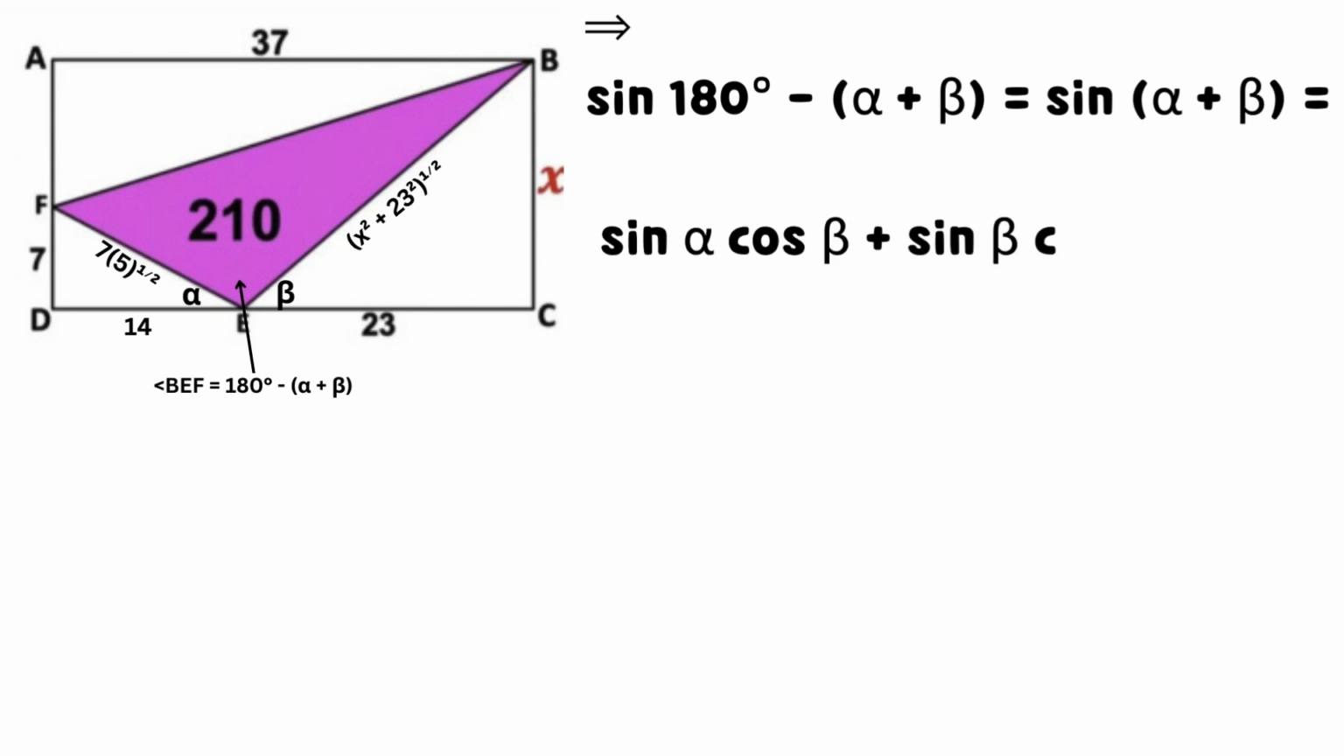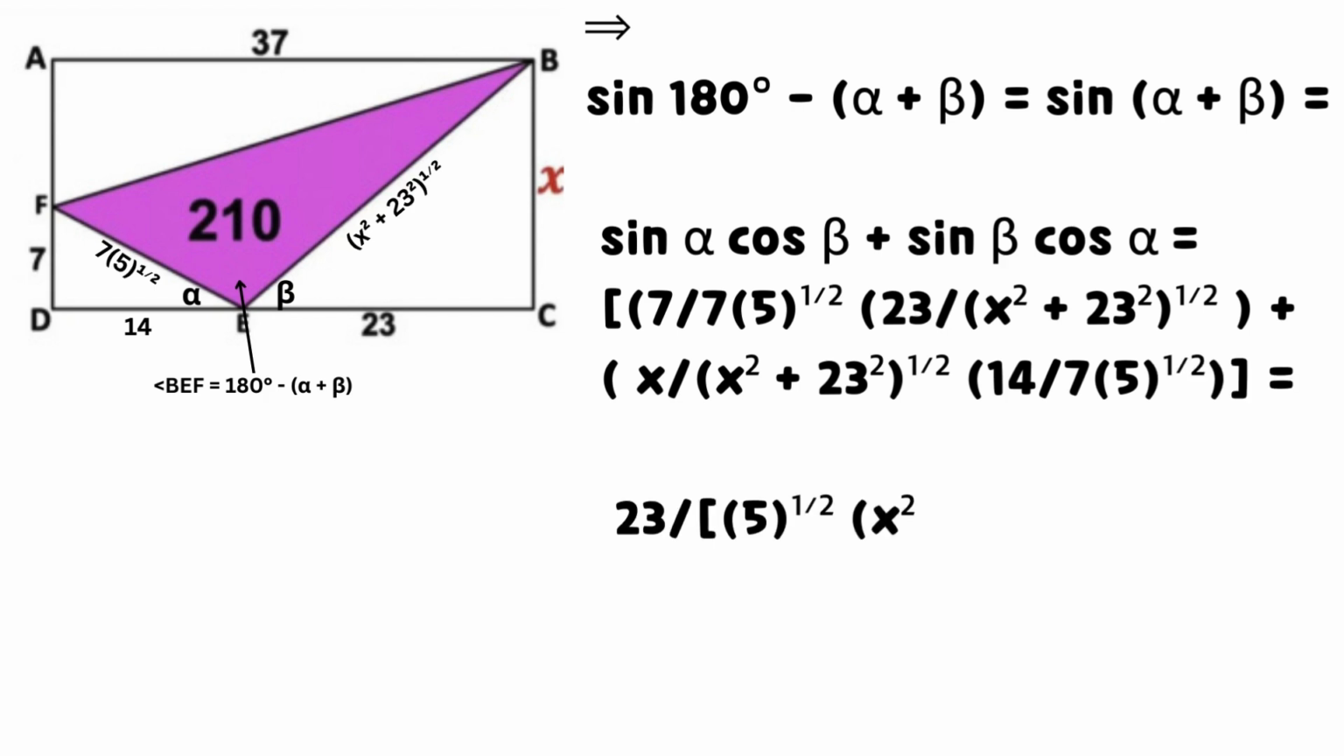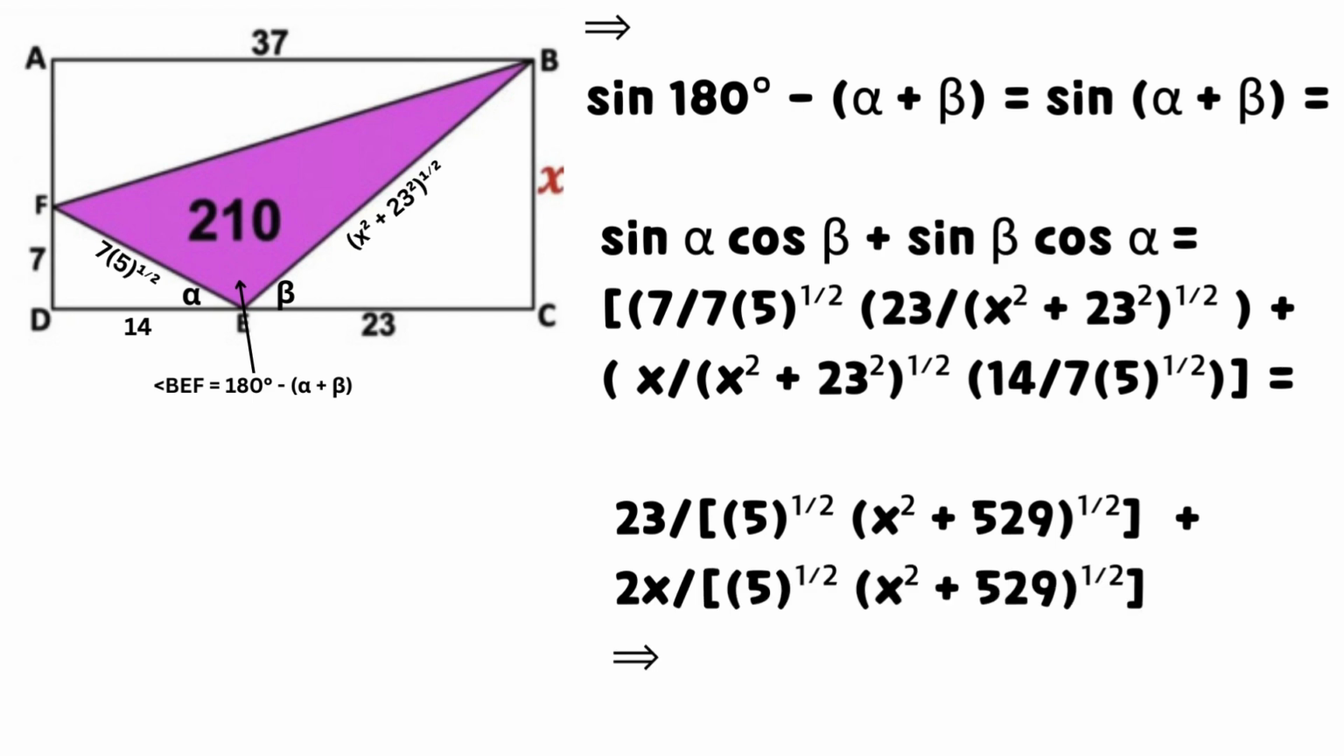This implies that sine of 180 degrees minus the sum of alpha and beta equals the sum of the product of 7 divided by 7 times the square root of 5, and 23 divided by the square root of the square of x plus the square of 23, and the product of x divided by the square root of the square of x and the square of 23, and 14 divided by 7 times the square root of 5, which equals the result shown on the screen. After simplification,